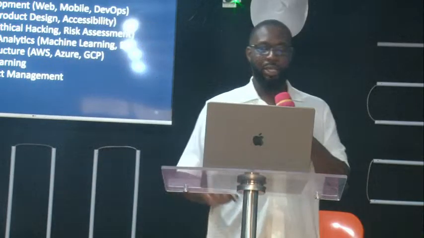Then we have product and project management, right? When you have a team of software developers, they need to be managed, right? There has to be a process to these things. There has to be a way you split this. Let's say we want to build something, right? Now, these things have to be broken down into bits. This is the deliverable for this week. This is the deliverable for next month, right? There has to be a way to manage the team. People don't just come around and say, oh, I do this, I do this. No, it will be total chaos, right? So product and project management also encompasses that and lots more.